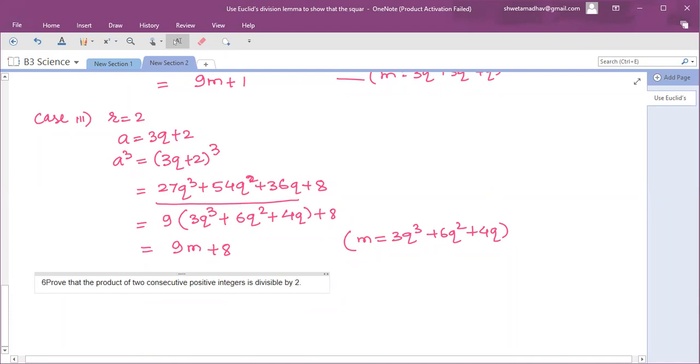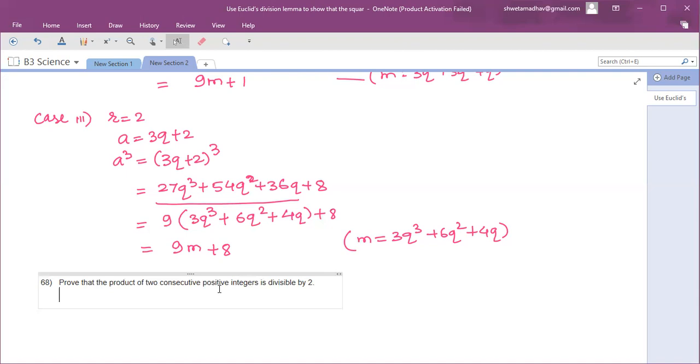Ma'am, I had a doubt. Yes? Ma'am, if the M value varies in each of these cases, can we take a different variable? No, don't take it. Q is one of the variables we use for any quotient. But when we divide the value with Q by another number, we get some other quotient, and for that other quotient we use the variable M. So M is also a quotient only, nothing else.